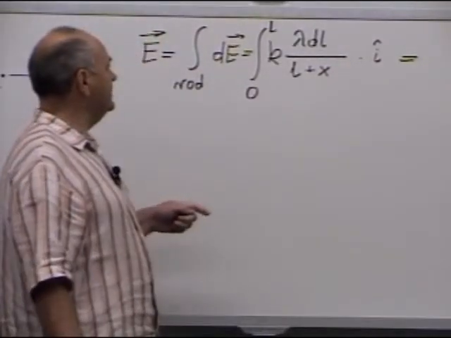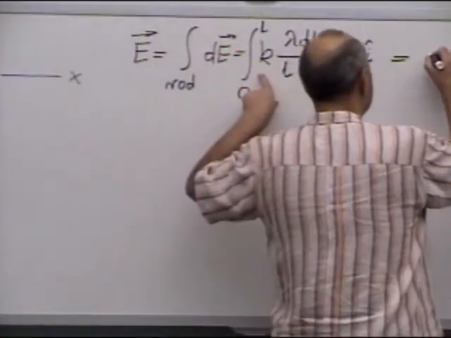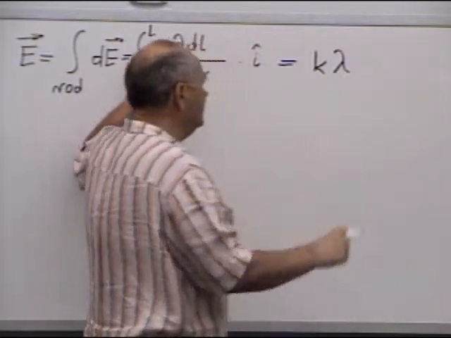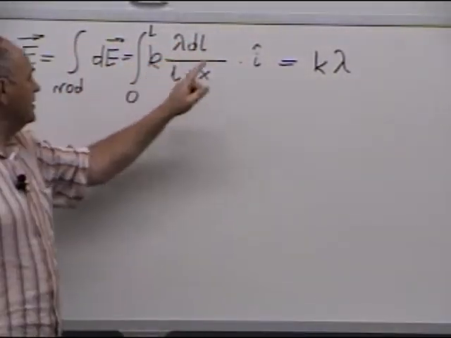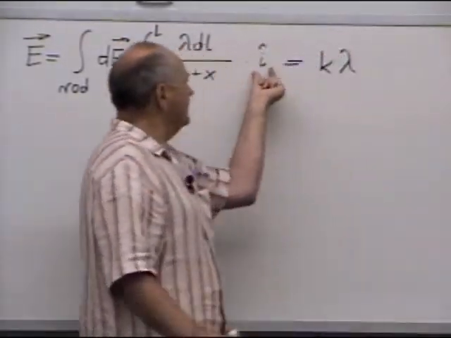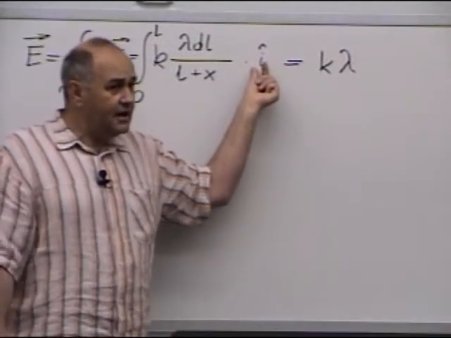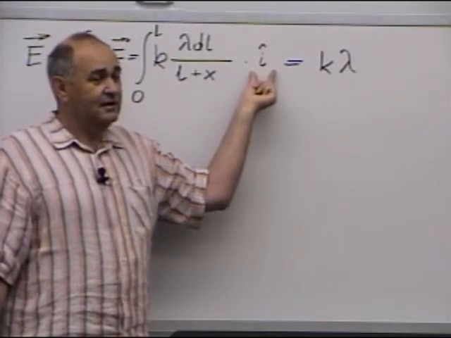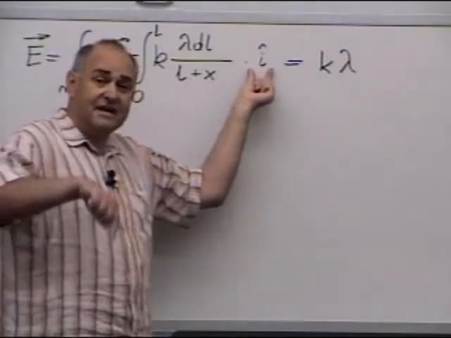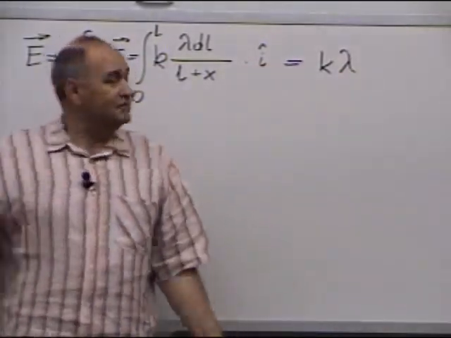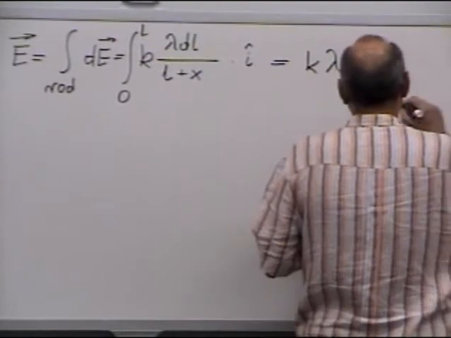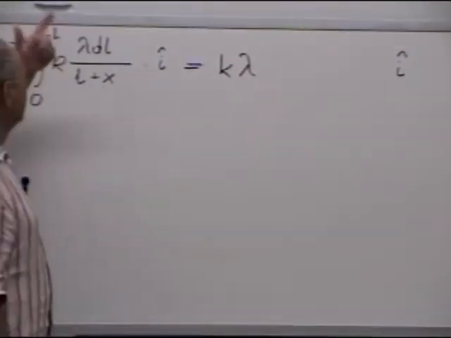Why don't we pull out constants? Coulomb's constant is a constant. It's a uniformly charged rod, so charge density is constant in that integral too. By coincidence, this is because I picked such an object. To each of those pieces corresponds the same unit vector. They all are to the right, so that i can be factored out as well. How about if I write it at the very end? And so I will be just left with